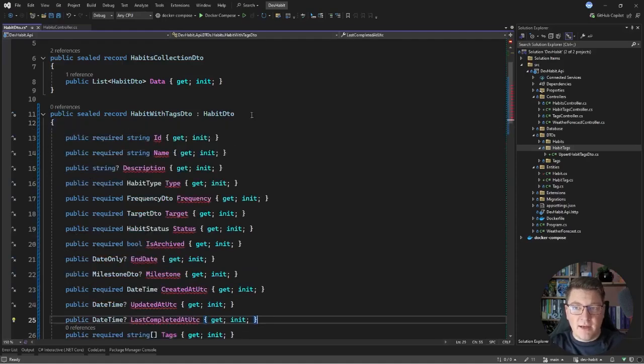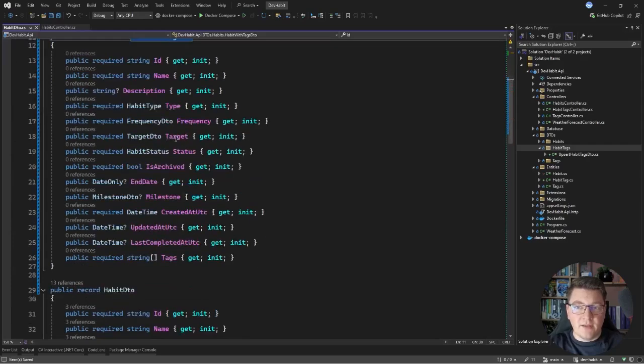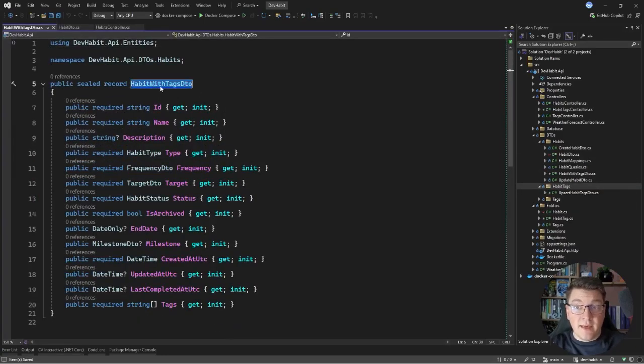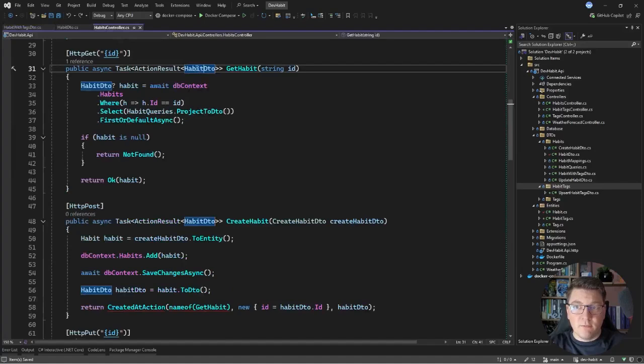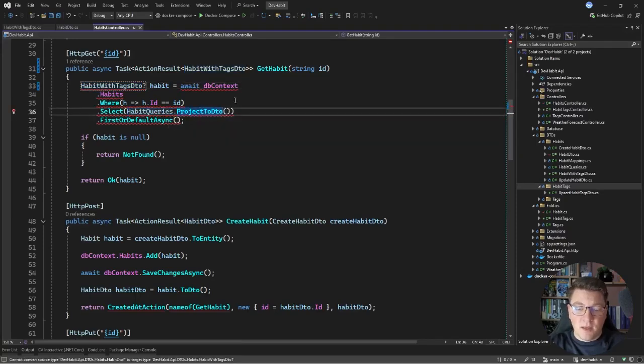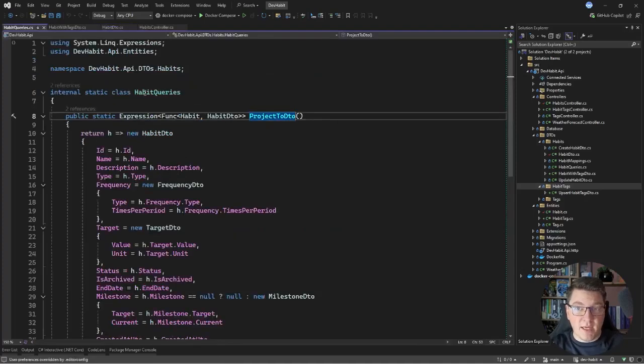But let's say I want to duplicate my DTO because I don't want them to be coupled in any way. So let's go ahead and extract it into a separate file. So now that we have our DTO, what are we going to do with it? Let's update the getHabit endpoint to return this new DTO instance, and I will quickly run into a problem with my projection. If I go inside, this is my habit queries helper class, I have a projection defined that maps from my habit entity